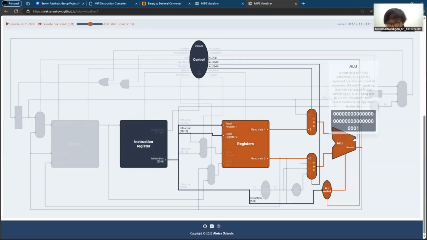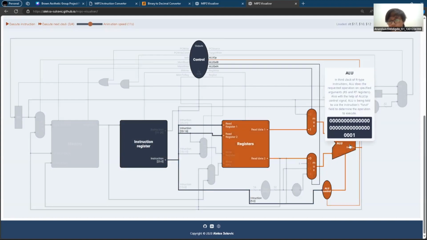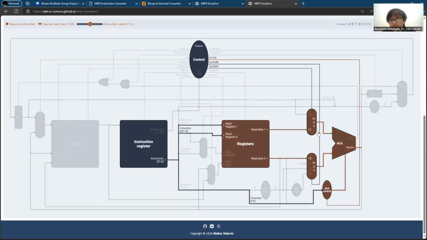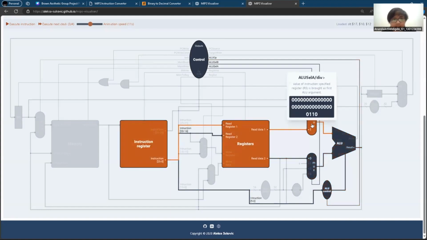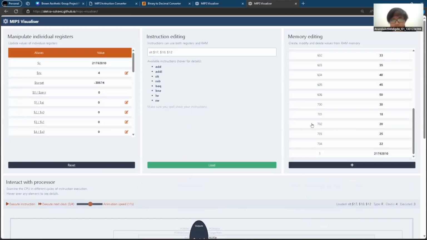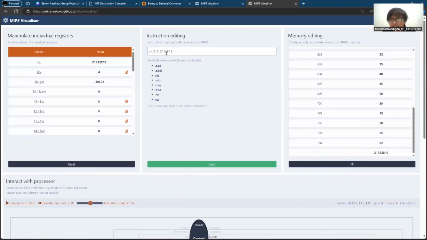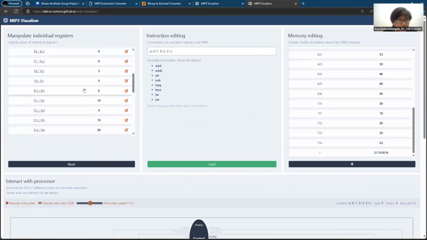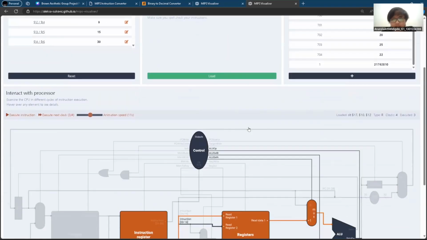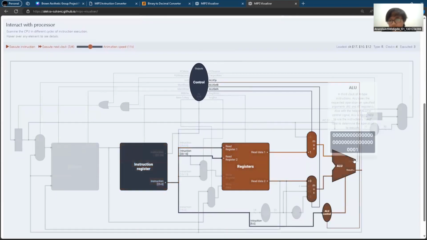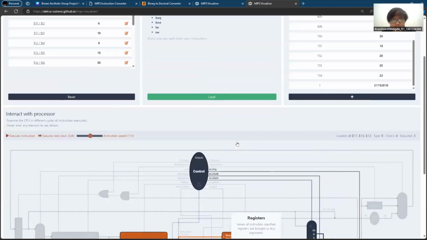So the result of this ALU would be 1. Why? Because RS is 10, and the content of address 10 is 6, and in address 12, the value is 9. So 6 is less than 9, right?